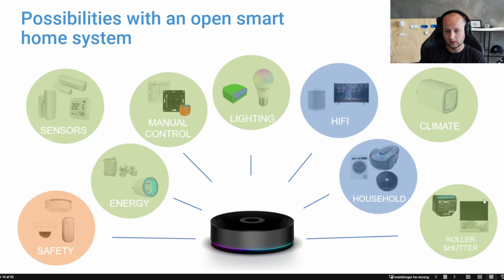So we can solve the green boxes here for you, meaning that we can do roller shutter control, garage door control, climate control, lighting, manual controls, wall switches, etc. We have energy consumption. We have a lot of sensors. And here we have some security devices like smoke sensors. We can also control door locks, but we don't have these like the Yale door lock or something like that. But we can control some door locks or professional door locks, if you can call it that.